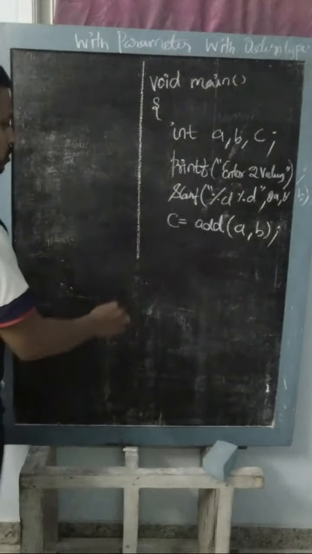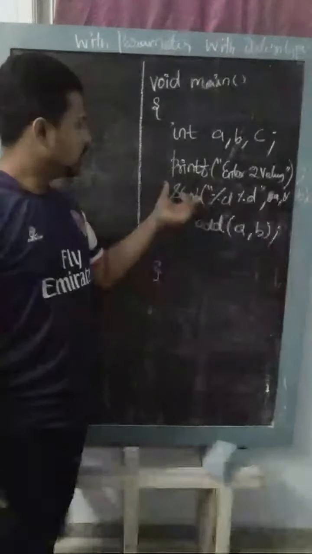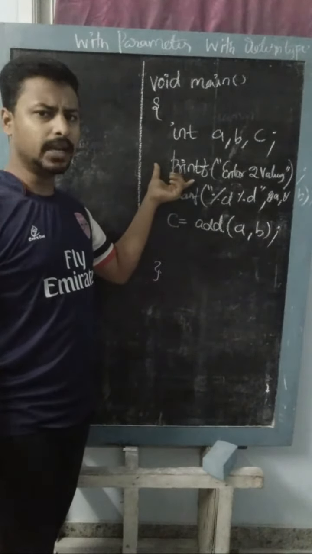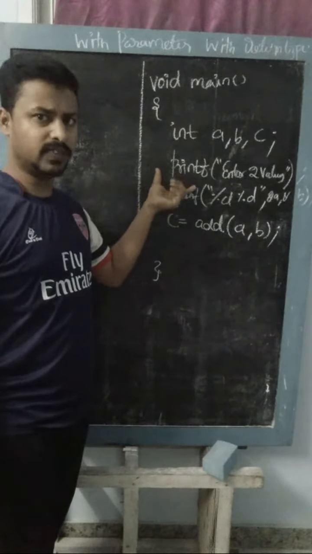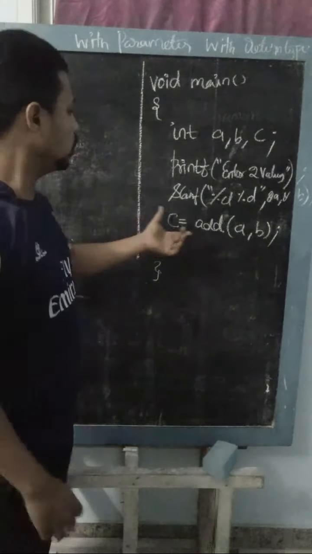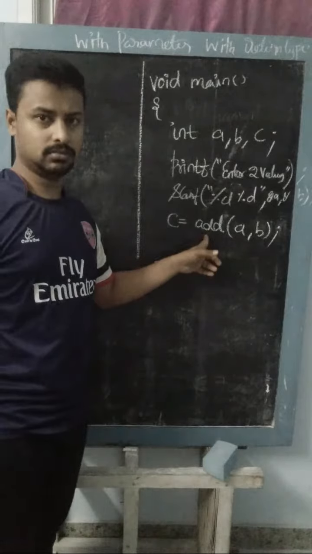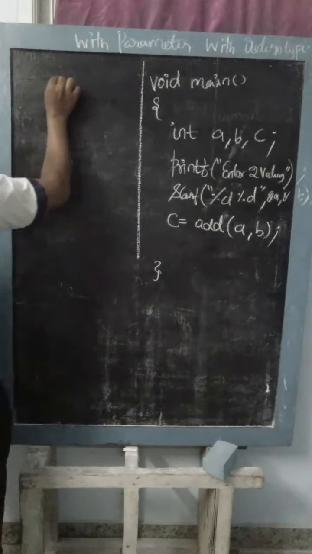Fine. So I am just closing this function. Okay. And what is add? It is a user-defined function, right? Because the compiler knows about printf and scanf, because printf is a predefined function, and scanf is also a predefined function. So now we have to create the function definition for addition, right? So add,